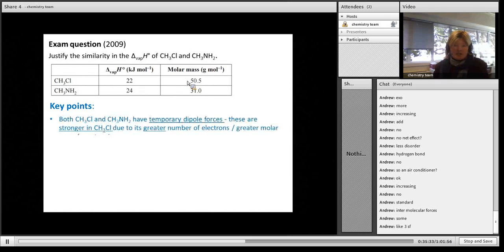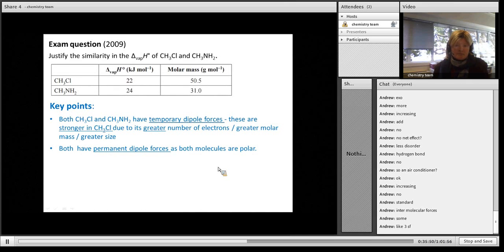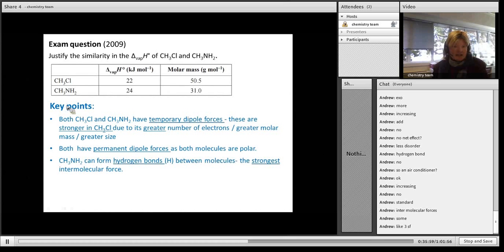So again, your key points: talk about those temporary dipole forces of attraction, and you will say it's a bigger molar mass, so a greater number of electrons, so stronger, and so on. And then of course you've got to talk about all the different types. So talk about the permanent dipole forces of attraction and recognize that both of them are polar. Recognize that the